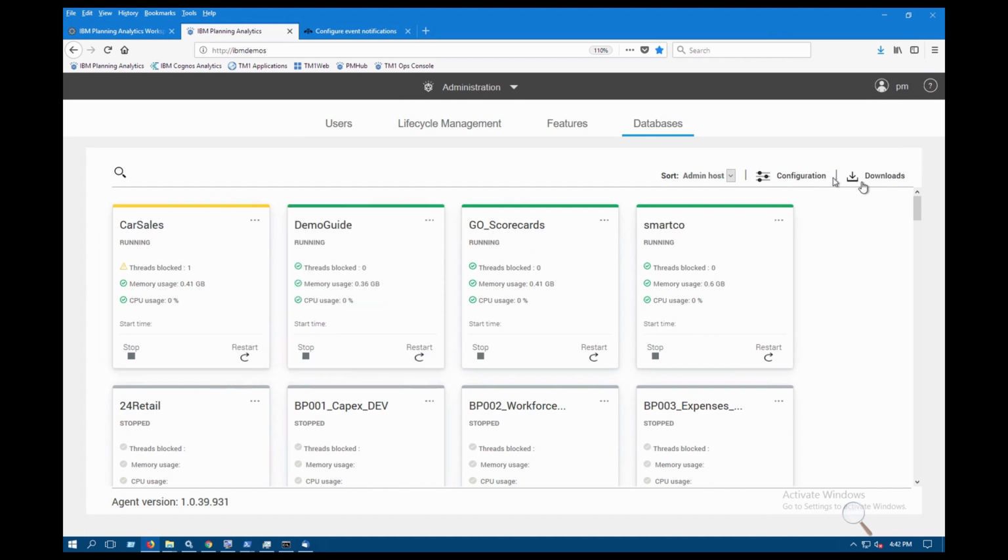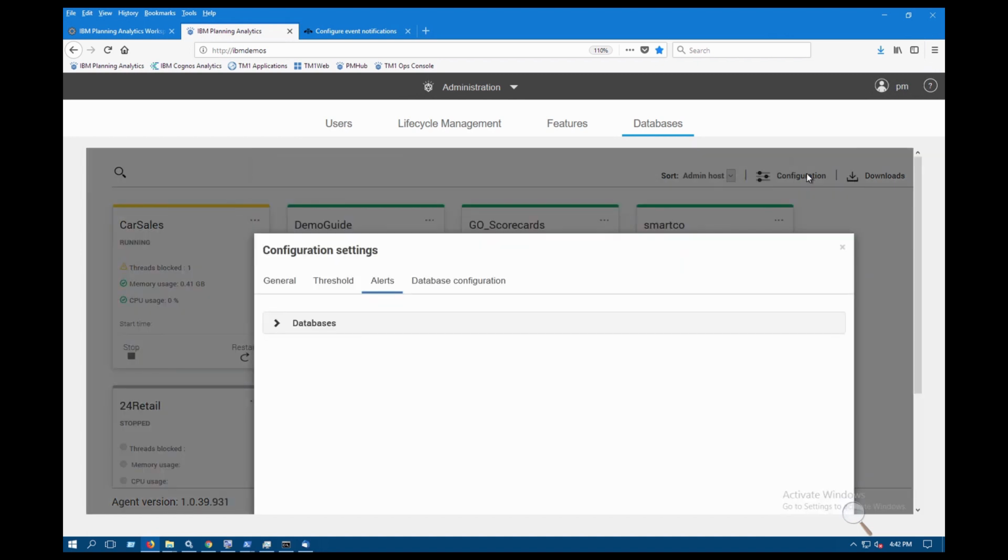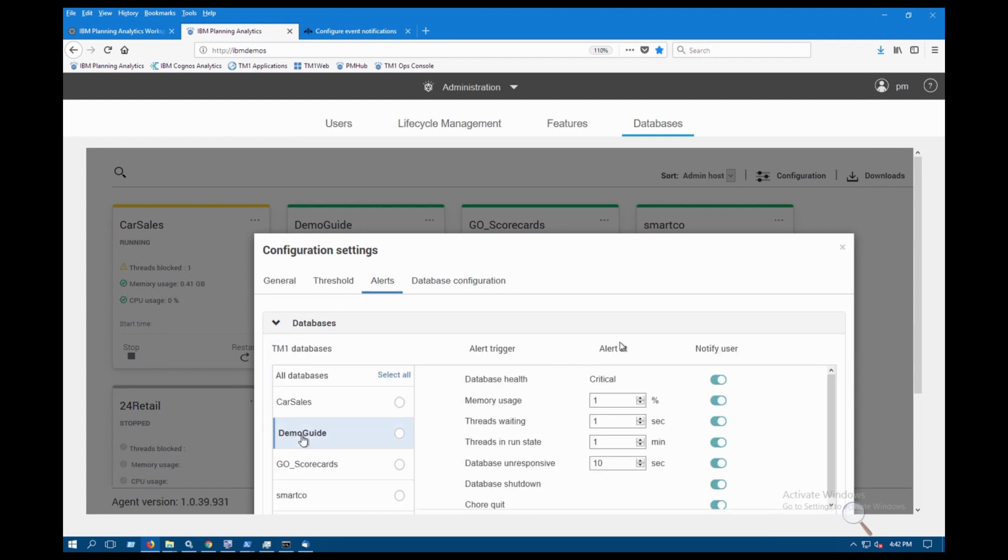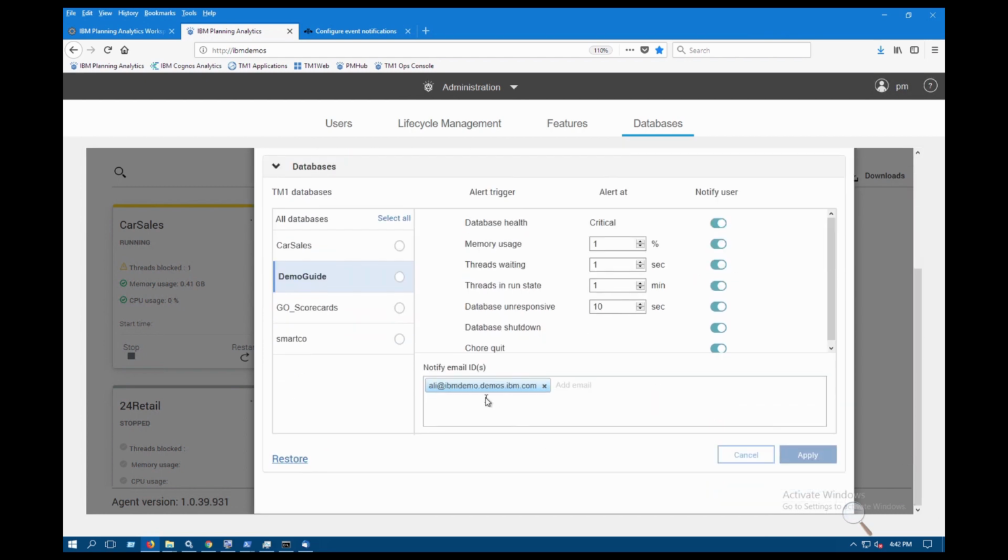Before I do that though, I would like to check the configuration one more time to make sure that I have it in there. So under alerts, demo guide is the one that I'm going to check. And let's make sure that we have, okay, so I have the Ali at ibmdemo.demos.ibm.com selected. We'll do another one here, Ali at ibmdemo.demos.ibm.com. Let's apply this one as well. And then we'll do one for SmartCo, Ali at